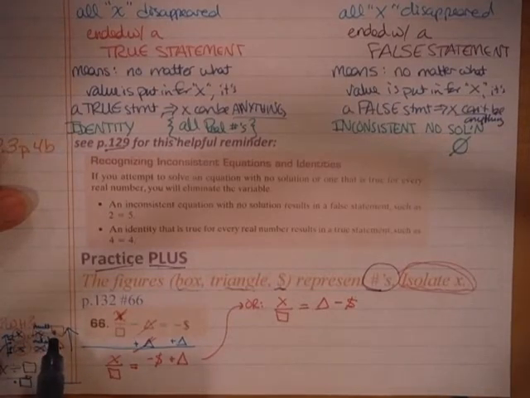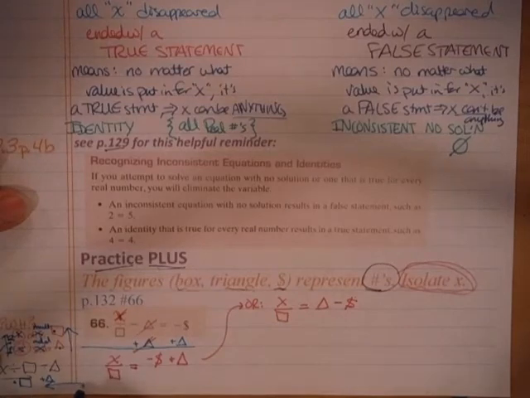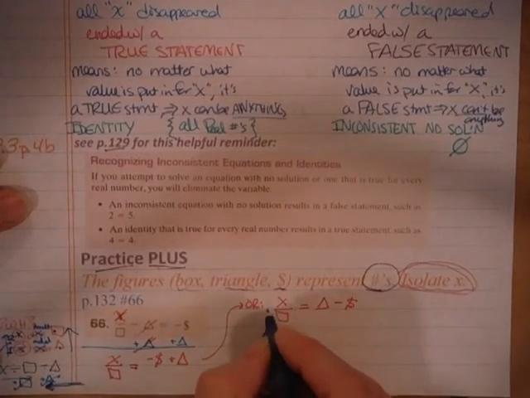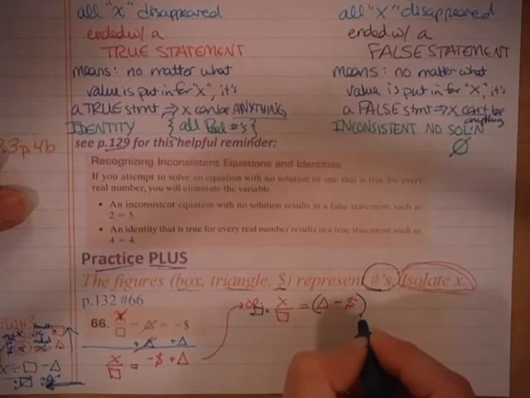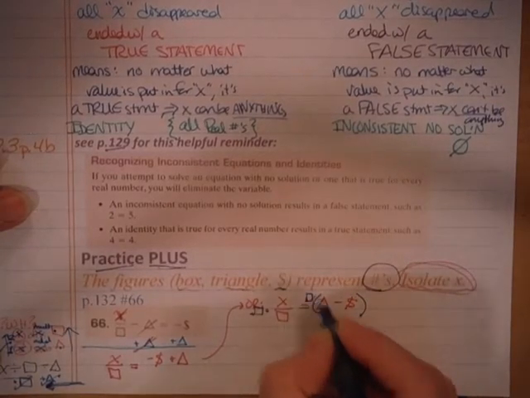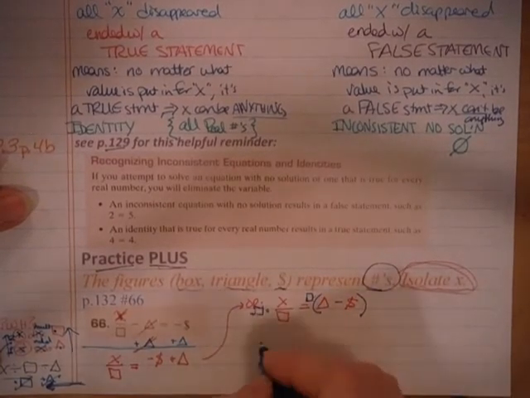Now we're going to multiply both sides by the square. According to the timeline, that's what we do too. We reverse the order, go right to left. We took care of adding the triangle. Now we're going to multiply both sides by the square. So when we do that, notice I'm going to multiply this entire side by the square here. The squares are going to cancel